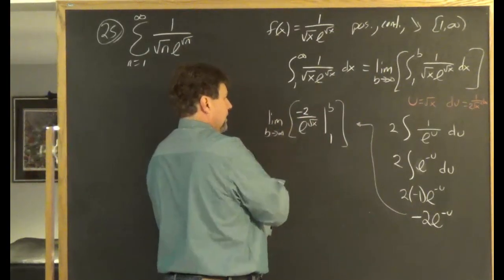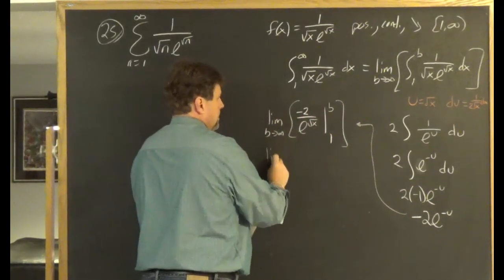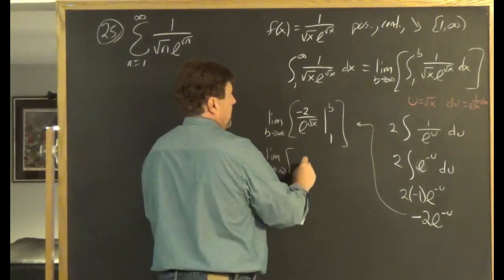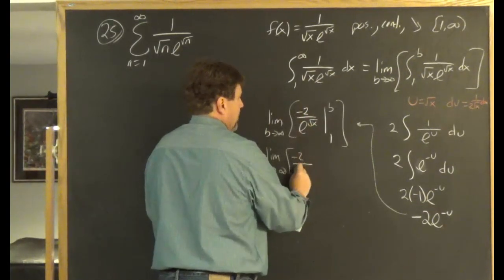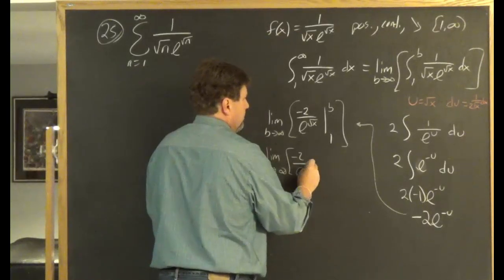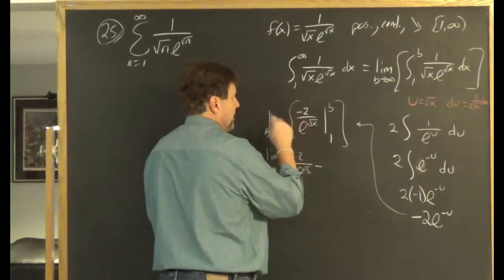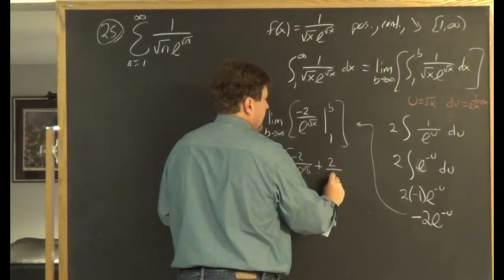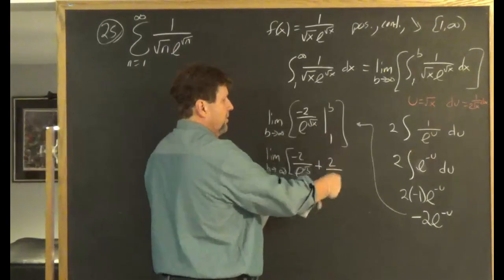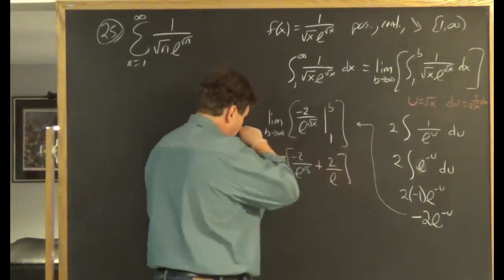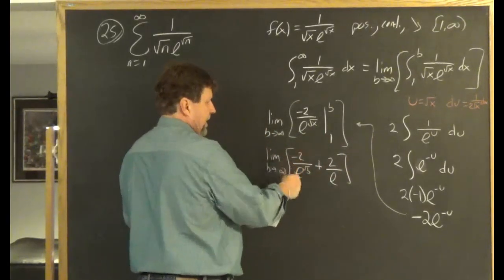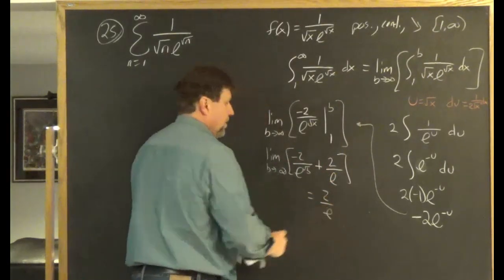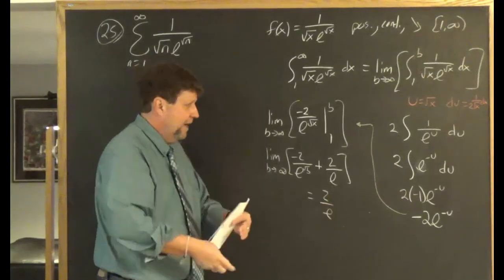I shouldn't forget the limit as b goes to infinity. So we have the limit as b goes to infinity of negative 2 over e to the square root b minus negative 2, so that's plus 2 over e to the square root 1. Square root 1 is 1. So when b goes to infinity, that's 0. That's a constant. We get the limit to be 2 over e, which tells us